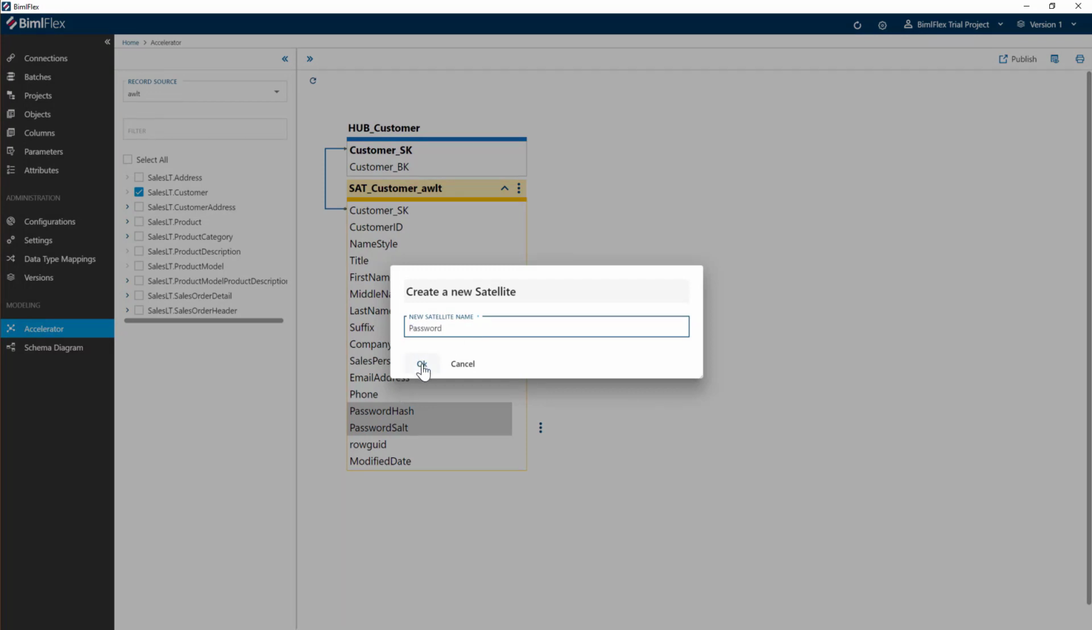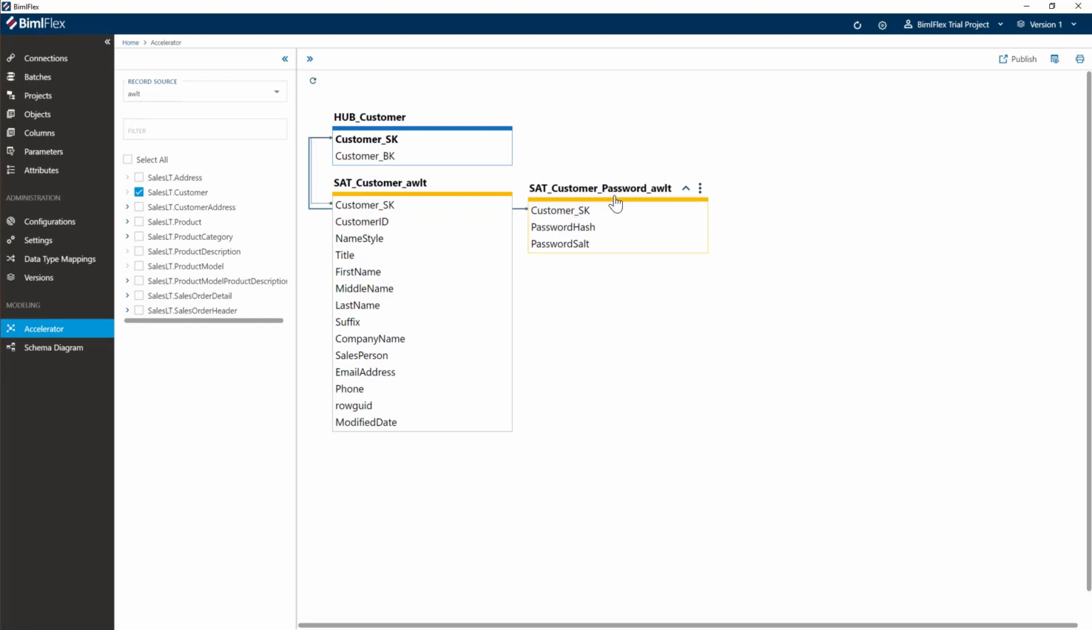Okay, and great, and there it is. I'm going to just drag that out there. You can hit the refresh button at the top here, but I'm just going to drag it out. So now I have split my satellite into two, and then I may look at this row grid over here